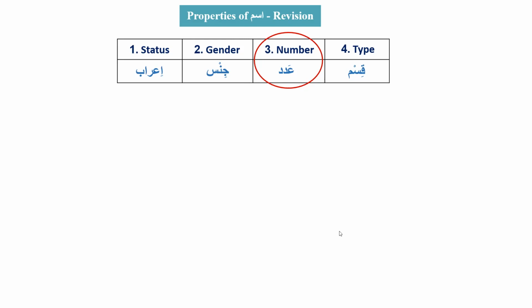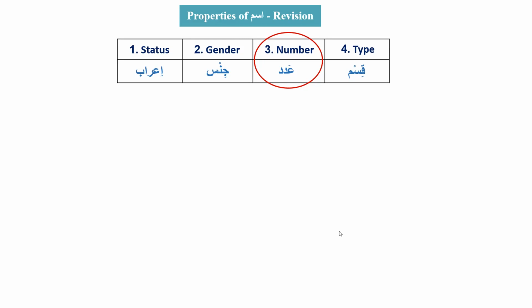So Daniel, when I say plural for English words, does it include two or not? Yes, it includes two, actually. For English words, when I say plural, does it include two? Yeah, it does. But when we are talking about Arabic and I say plural, does it include two? No. Why? Because for two, it has